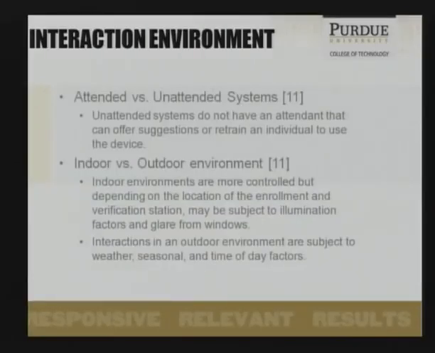Different interaction environments. When I use the kiosk at US-VISIT, the interaction environment there is that I'm on my own. I have no guidance. I have a screen that shows me whether I have good image quality or bad image quality. My hand lights up, my fingers light up, and then they get squares over them. And it's a red square, yellow square, green square. Green's good. Yellow is you need to work on it. And there's a countdown clock that says you better work on it fairly quickly. Otherwise, you join the line or you go to the front of the line. So